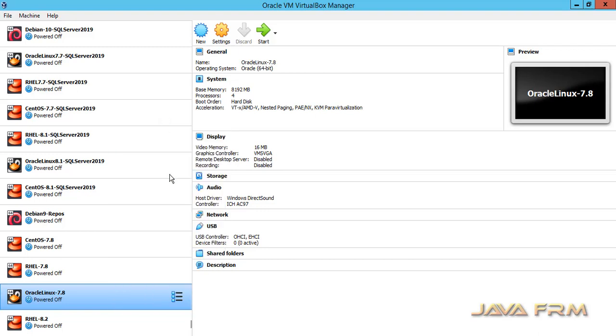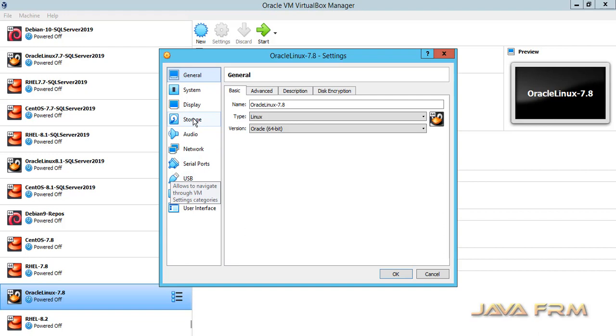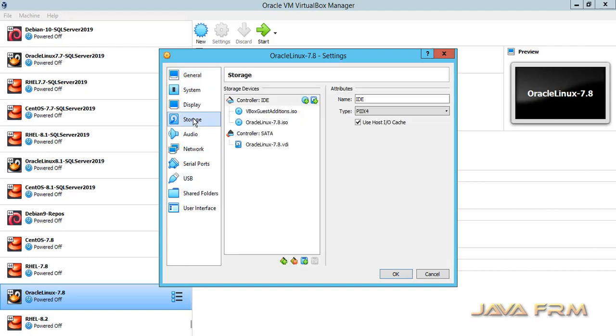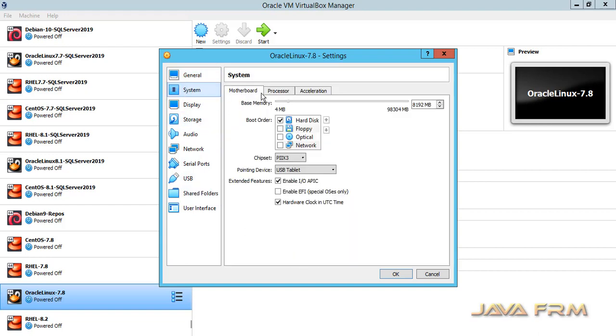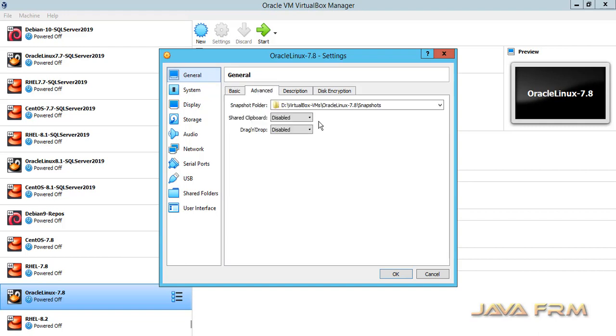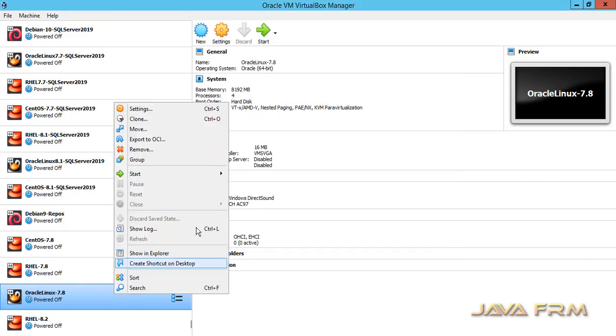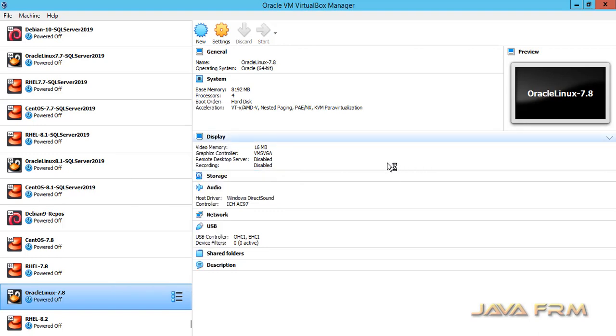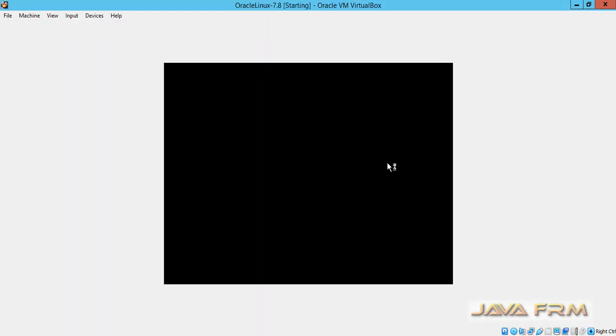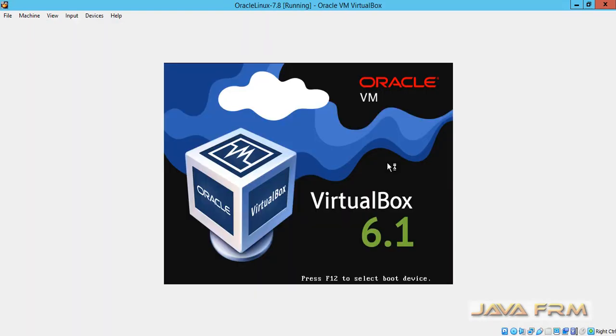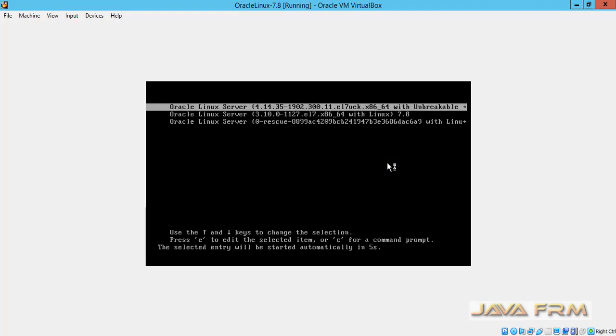In settings, General, Advanced tab, I am enabling Shared Clipboard and Drag and Drop. Both shared clipboard and drag and drop will be working on Oracle Linux 7.8. So let us check what is going to happen. I am rebooting the machine after installing the VirtualBox guest additions software.